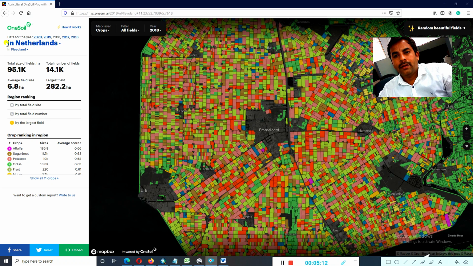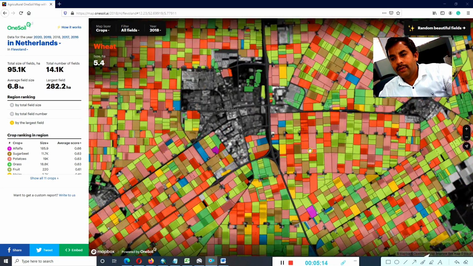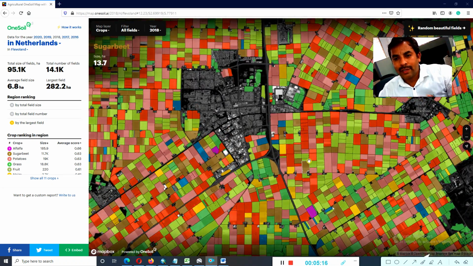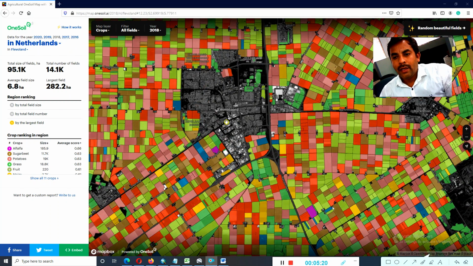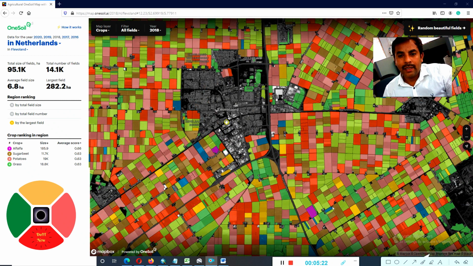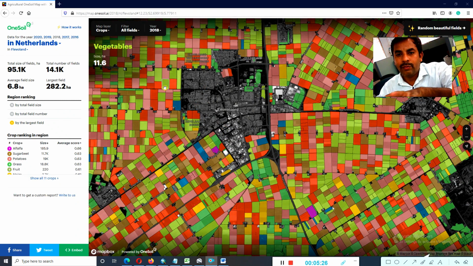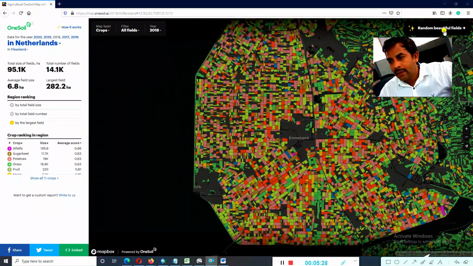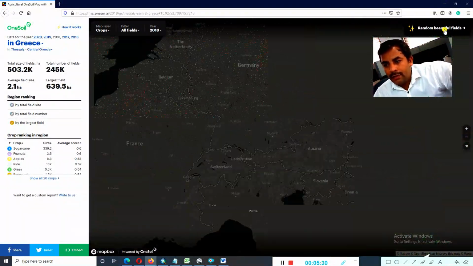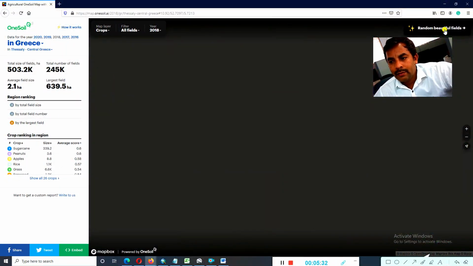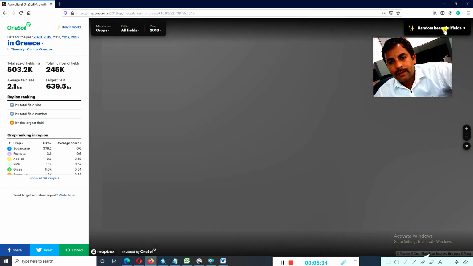This is a Netherlands land, where polygon-type plots are developed for crop cultivation. This is Maassluis city, and you can see different variations of how the polygons are developed. Then we go to another random beautiful crop-cultivated field.